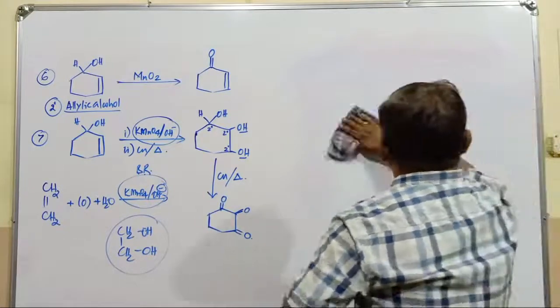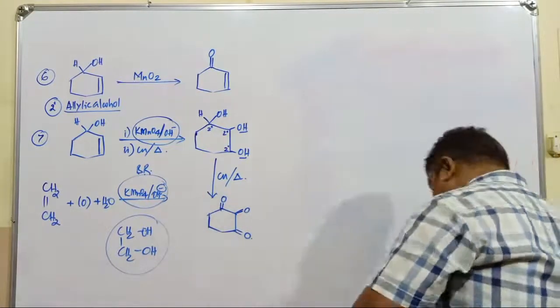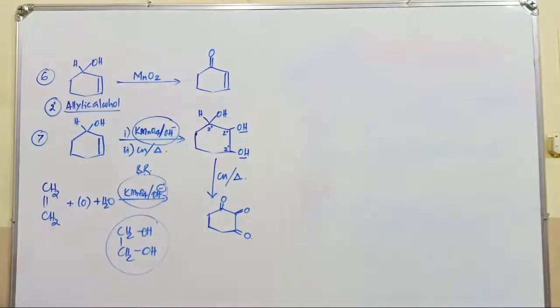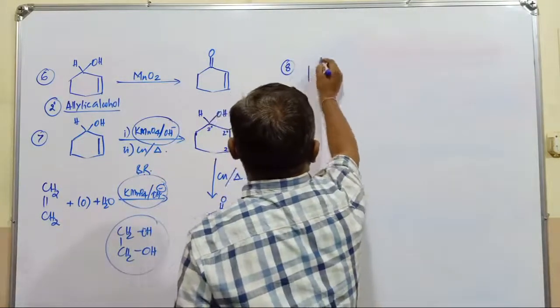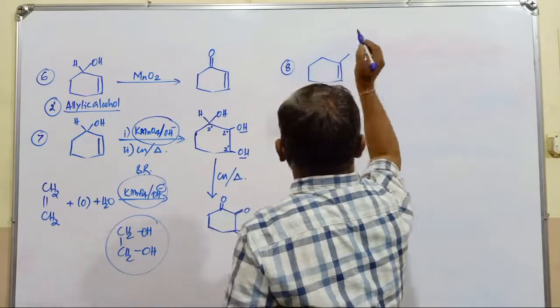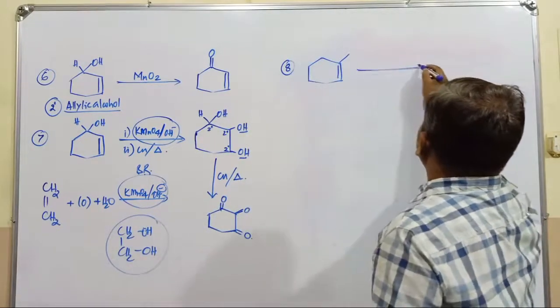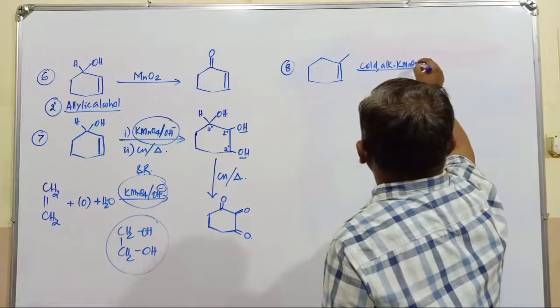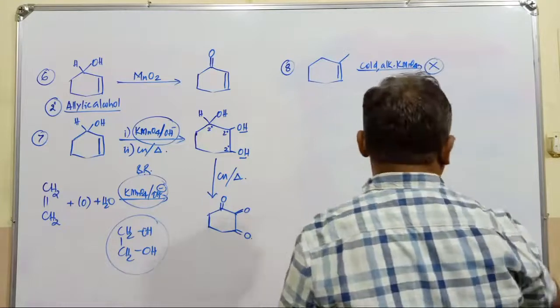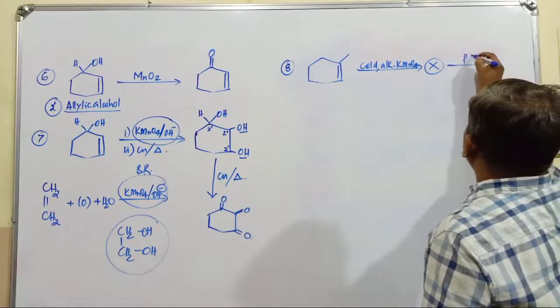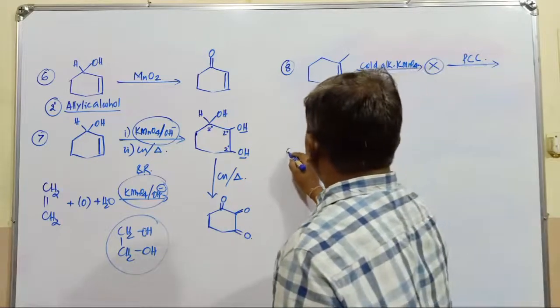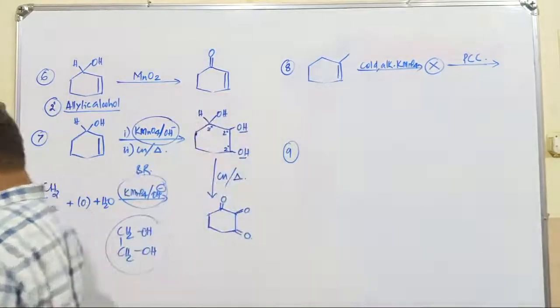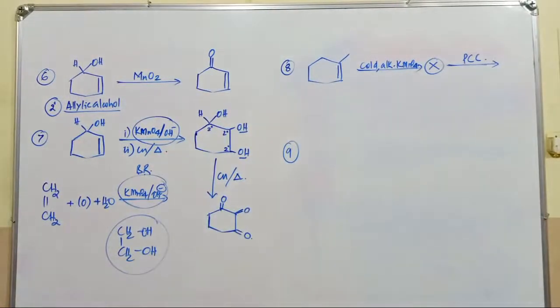The role of the oxidizing agent is very important in these reactions. It depends purely upon the particular reagent and condition. Suppose I go with the number 8 compound, with a double bond and a methyl group. This is cold alkaline KMnO4. A compound X is produced. This X is further treated with PCC. What is the product obtained in case of this reaction? PCC. You know the role of the PCC compound.